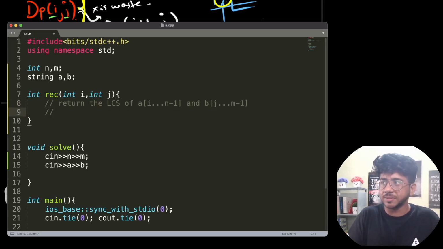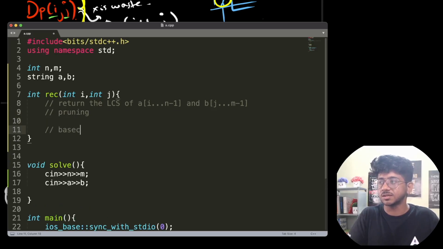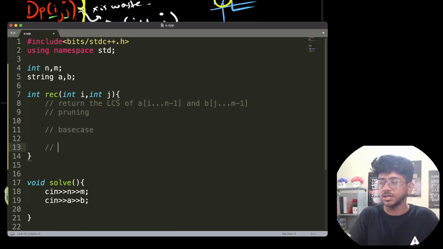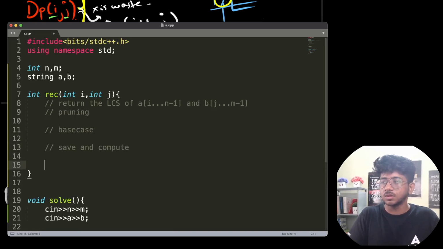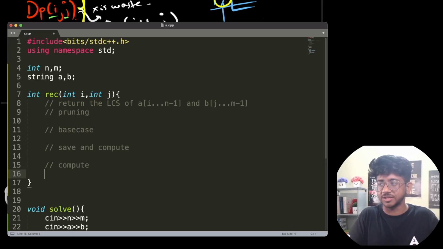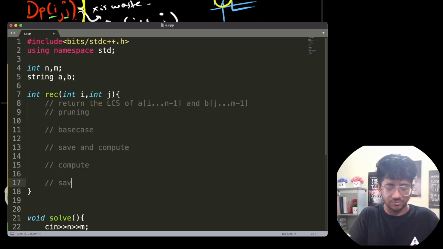Now the code is going to remain the same. Firstly is pruning, then it's going to be the base case, then it's going to be save and compute, then it's going to be, what do you take next? You take the compute part or the transition part, and the next is save and